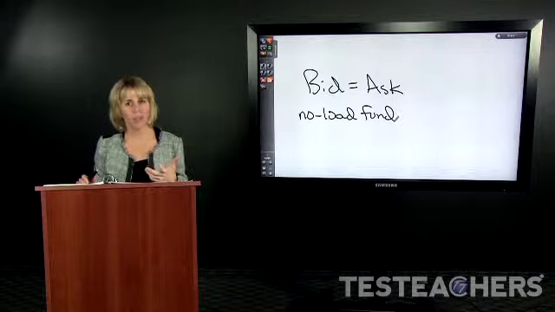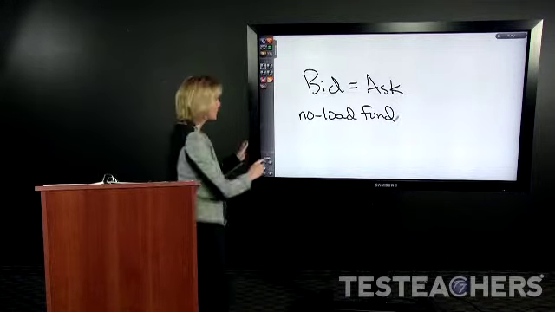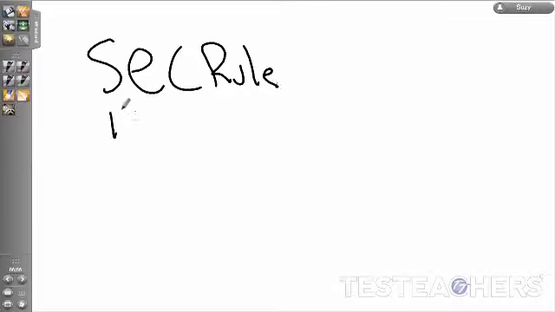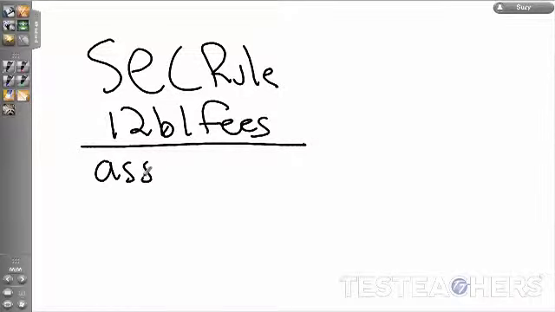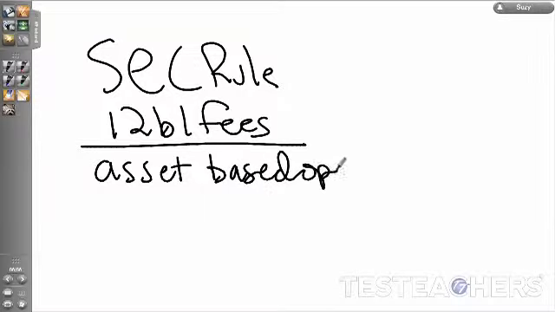And then the SEC figured out what was going on and made up what is called SEC Rule 12b-1. So there are what are called 12b-1 fees. So what a 12b-1 fee basically is, it's an asset-based operating expense